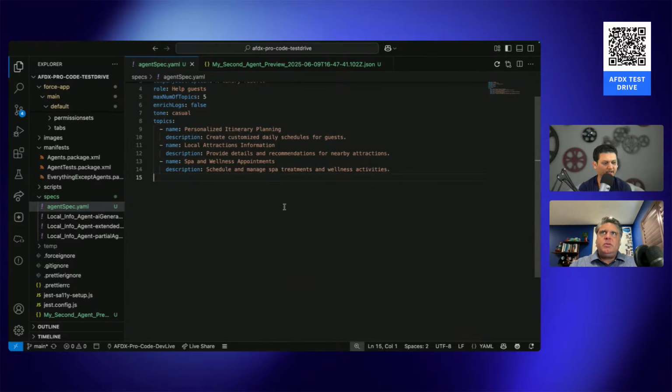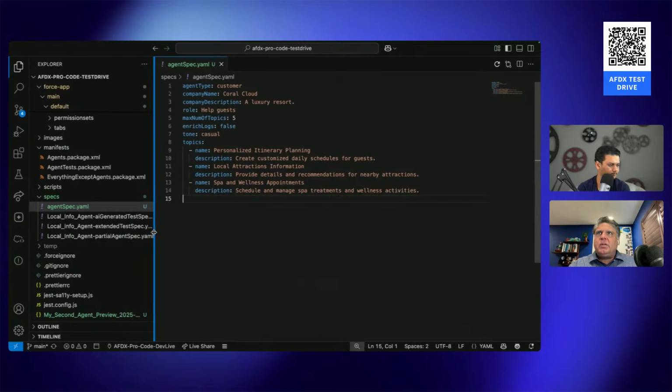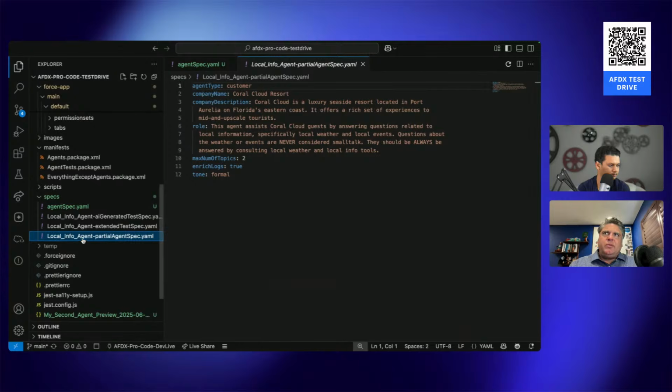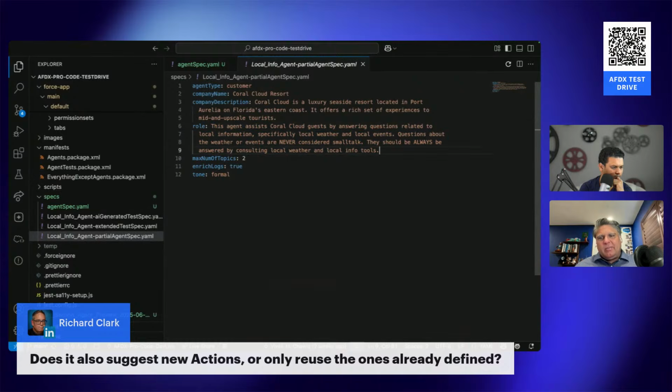You iterate upon it and create necessary topics and necessary actions for the topics, basically. Exactly. And there's something else that I could do as well. So I'll give this a little bit more space just so we can see. I have a partial agent spec here, local info agent partial spec. Now here you can see that I spent more time on my company description than a luxury resort. I spent a lot more time on the role,